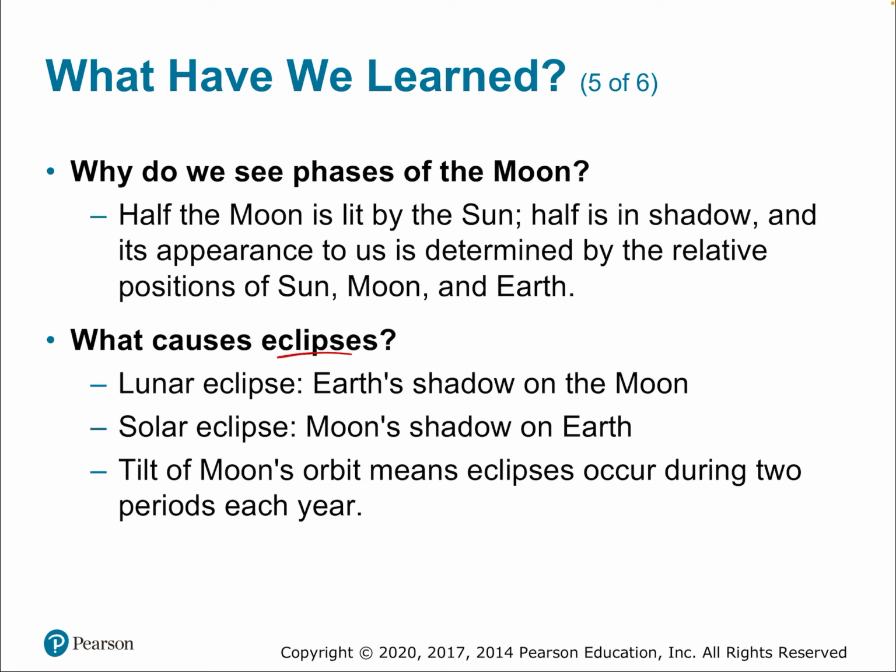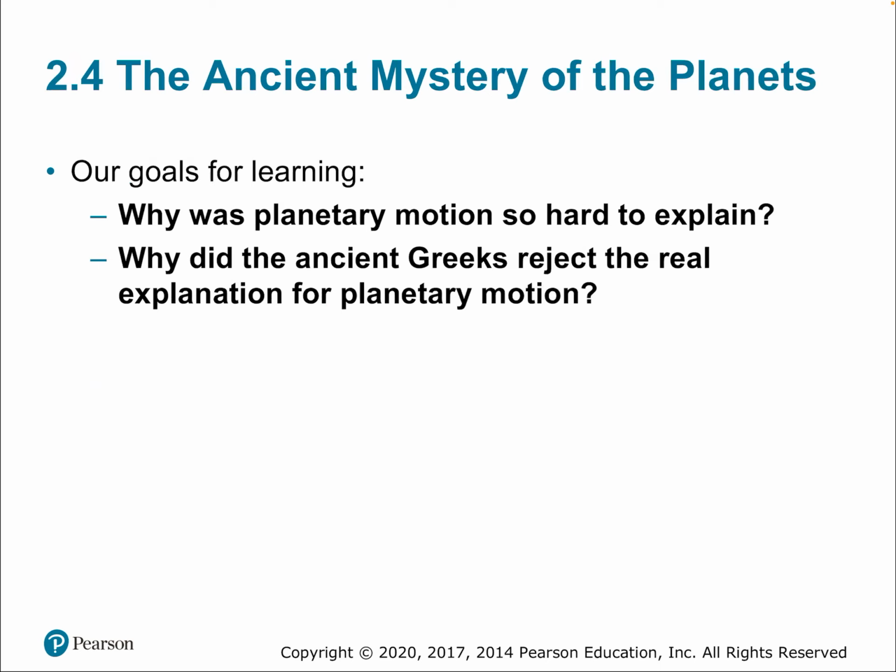We've also learned quite a bit about eclipses. We've learned that lunar eclipses are when Earth's shadow is on the moon. We've learned that solar eclipses are when the moon's shadow is on the Earth. We've learned that the tilt of the moon's orbit means that eclipses occur during 2 periods of each year, the eclipse seasons. All right, so let's go into our final section here, the ancient mystery of the planets,